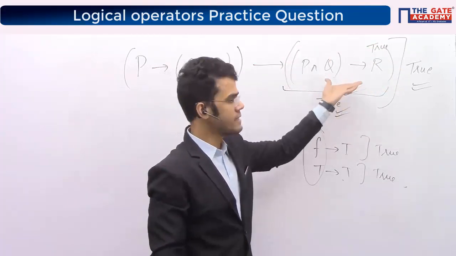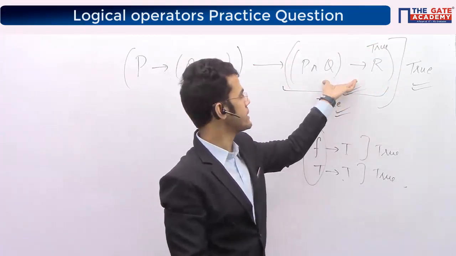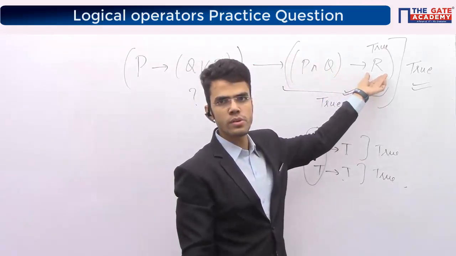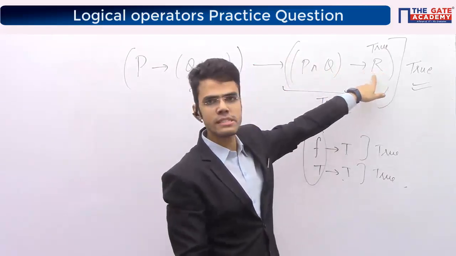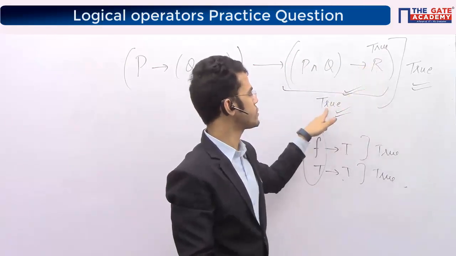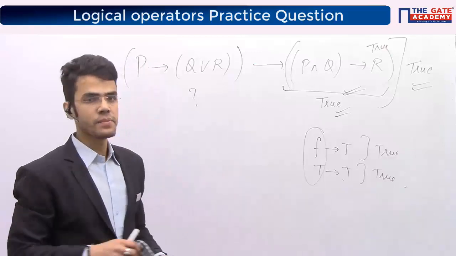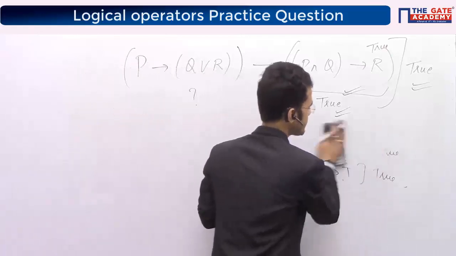So again, going through this expression, this also says I have to make this true. So this I don't care. The right hand side should be true. What is the right hand side? Only the single expression R. Put R to be true, you get this true and the final expression as true. So obviously this is satisfiable, right? I can generate a true case, it is satisfiable.